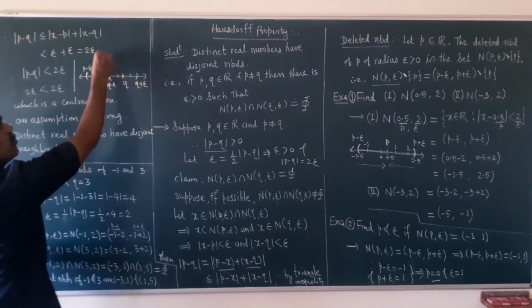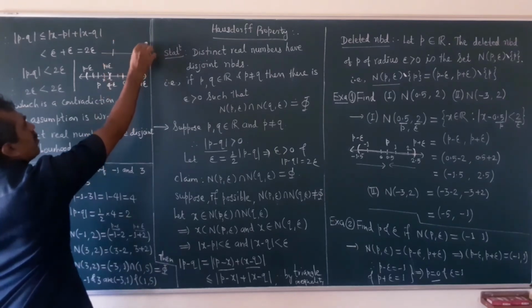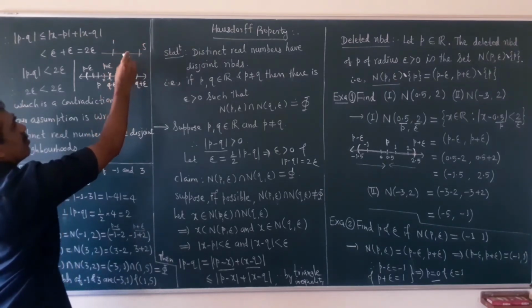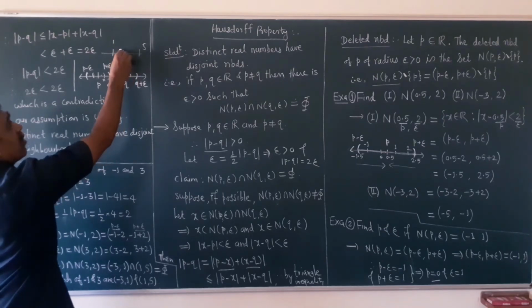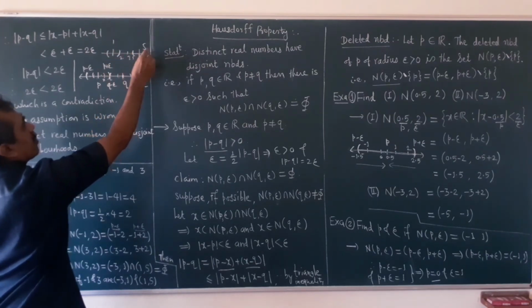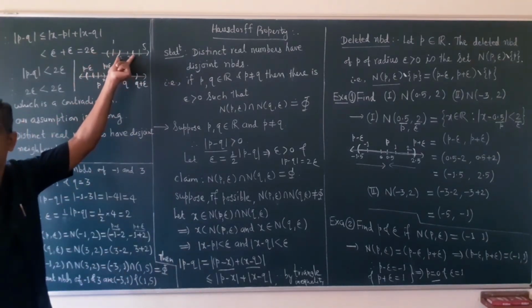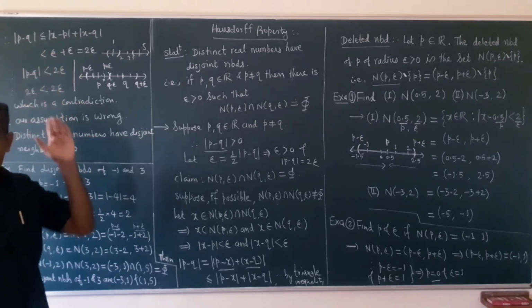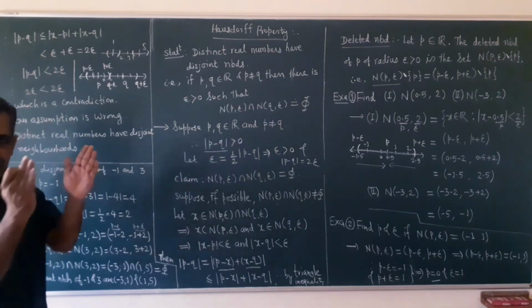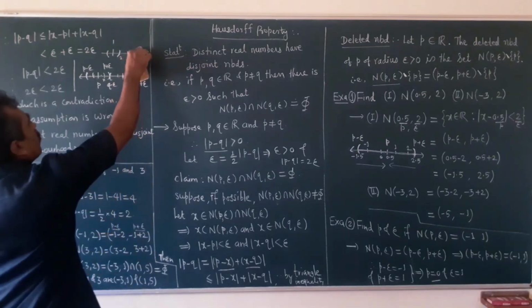Easily you can observe. See, for example, suppose say this is 1, this is 5, and if you choose neighborhood of radius 1, so suppose here are 2, 3 and 4. So, this will be neighborhood of 1, and this will be neighborhood of 5 of radius 1. So, they have nothing common now. They are far away from one another. So, what is the neighborhood of maximum radius? Half the distance is the maximum. If you choose smaller than that, then easily you will observe that they have nothing common. Okay.